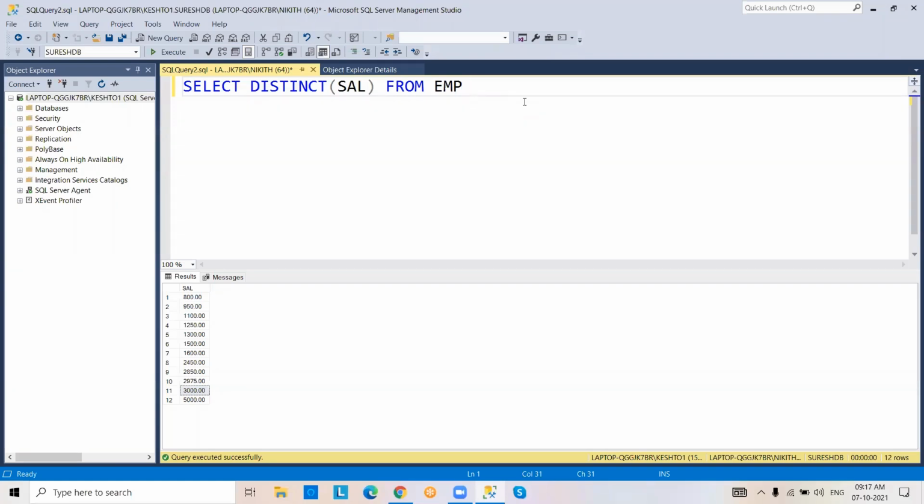Select command. Select command is only for data retrieval purposes. So that is distinct. The distinct operator retrieves only unique data.